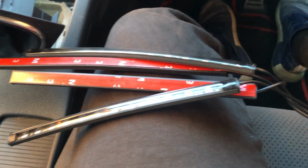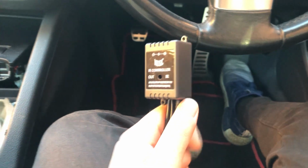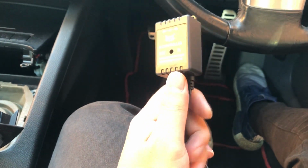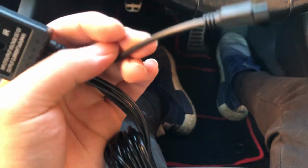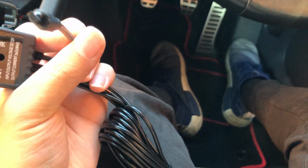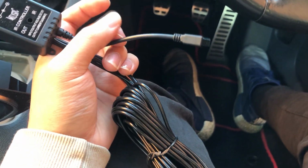These are the LEDs. There's a ton of wires, and it all comes down to this. This is the actual RGB controller box. This is ultimately the thing that the remote will work with. So if you want to change colors, it all comes down to this. It comes with a little infrared sensor here, this thing. You want this to be out, like literally out in the open,